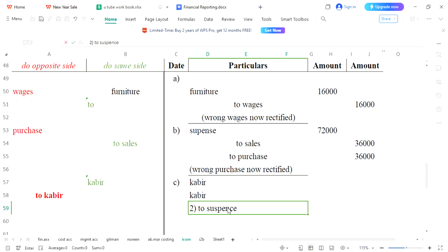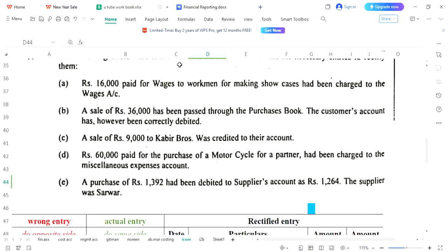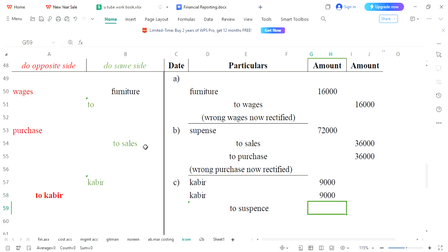So guys, in this way, our entry has been completed, and we will be aligning it to center. So Kabir to suspense would be our entry. Now let's see how much amount. 9,000. So 9,000 would be written two times, and the sum of this amount, 18,000, would be written on the opposite suspense